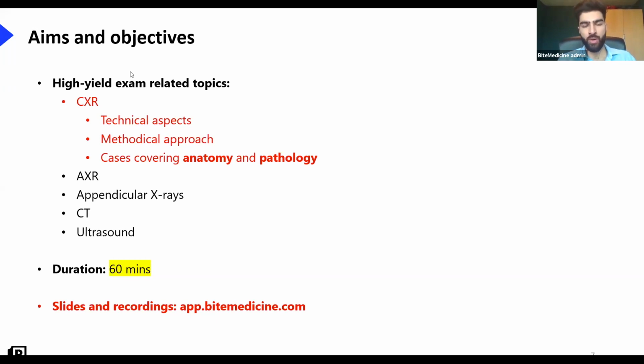This is a 2-part lecture. So today we're going to focus on chest X-rays, and for the next lecture, which Azim will probably do, we'll be focusing on abdominal X-rays, appendicular X-rays, so that's things like your limbs basically, basic CT that you need to know for your exams, and that's mainly CT head, looking for brain bleeds, and again, basic ultrasound looking for gallstones and renal stones. So that's pretty much everything you need to know for finals in a nutshell when it comes to radiology. Hopefully this won't be longer than an hour,